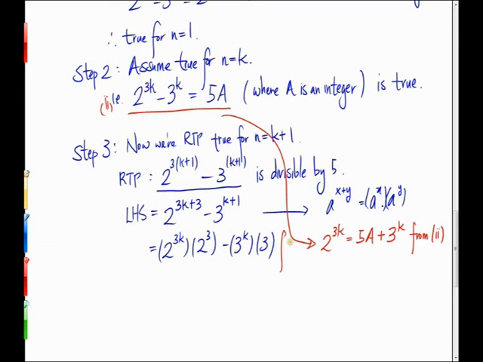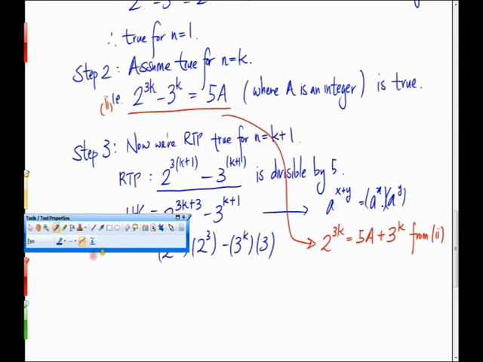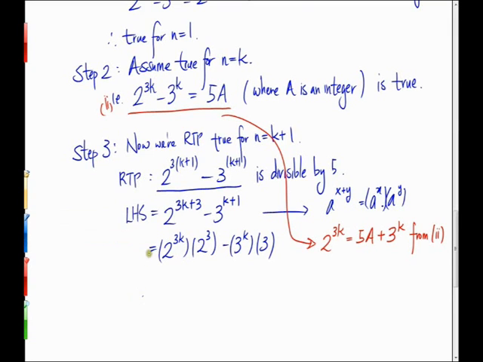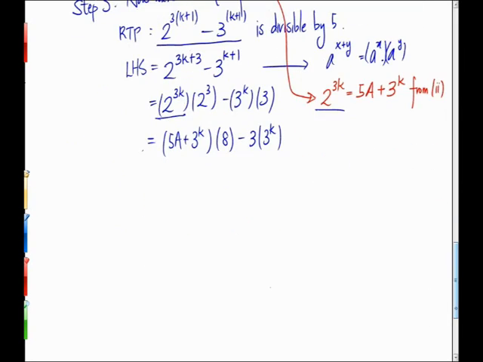So you write, that equals, and we'll just replace the 2 to the 3k with this one. So instead of that, we've now got 5a plus 3k. And 2 to the power of 3 is just 8 minus 3 times 3k. Alright, so what we have now equals,